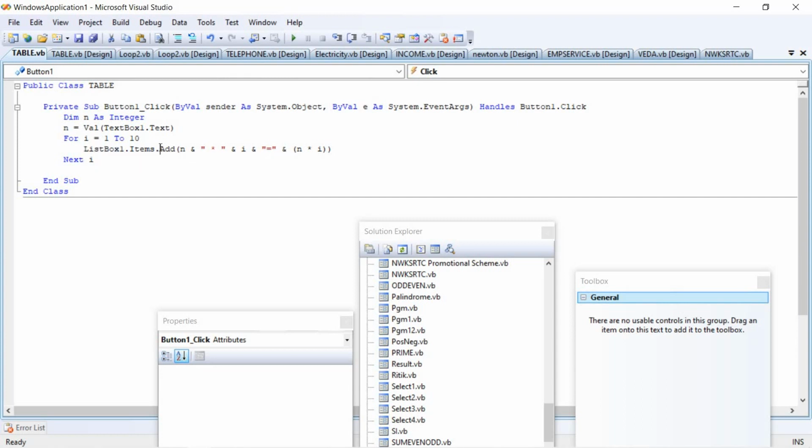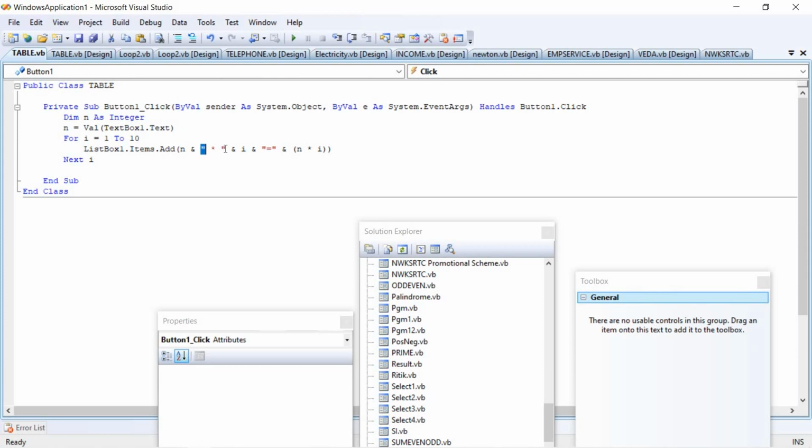then comes the Add method. Within the parentheses, we have to display this in table format itself. For that, n is taken. 2 ones are 2, so 2 has to come; for that, this will be the n. n can be anything: the 2 table, 5 table, 10 table, 15 table, 17 table, anything. Then comes the ampersand symbol, a concatenation operator, which is mainly used to join with other parameters. It can be a variable, a command, a caption.